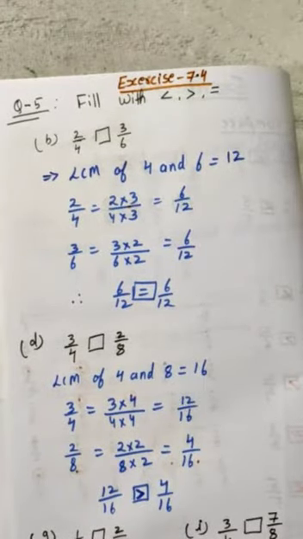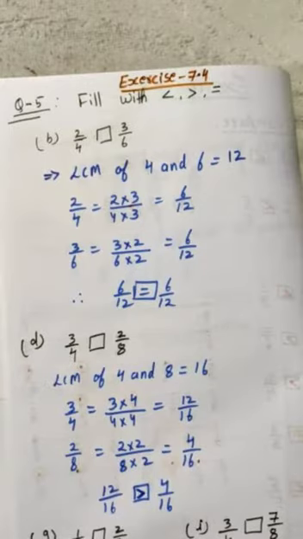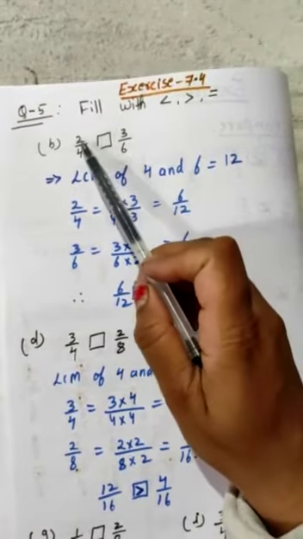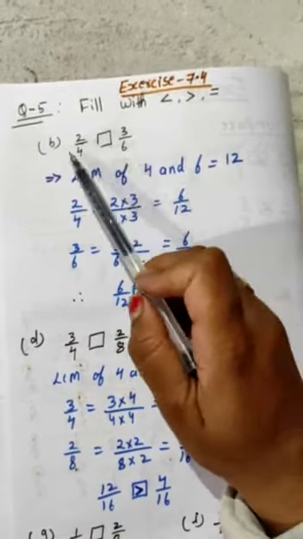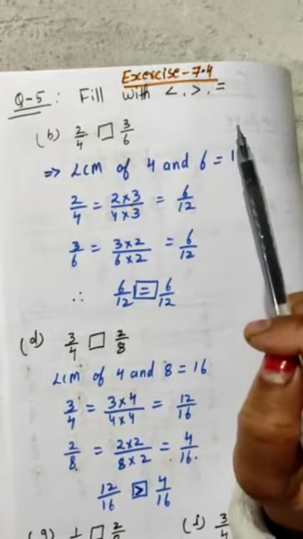So as we were doing exercise 7.4 in which we were dealing with comparison of fractions. Now you have learned that when fractions are like fractions, you have to directly compare, and whenever fractions are unlike, there are two cases. First case is where the numerator is the same, you have to compare the denominator, and the second case is when numerator and denominator both are different. So today we are going to deal with the second case, where the denominator as well as the numerators are different. So here you have to solve and then you have to put the sign.